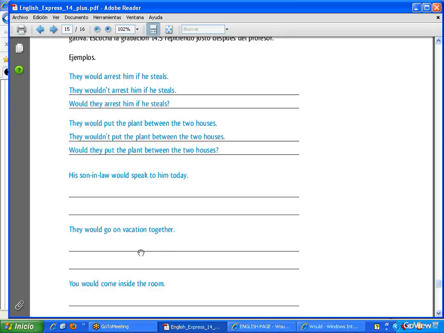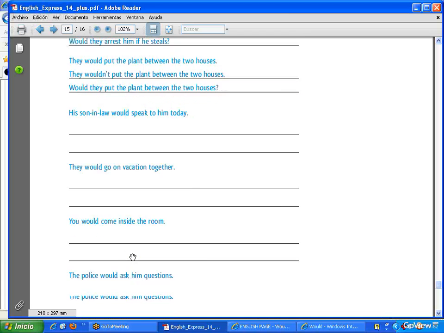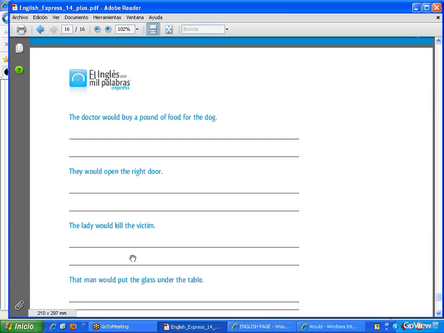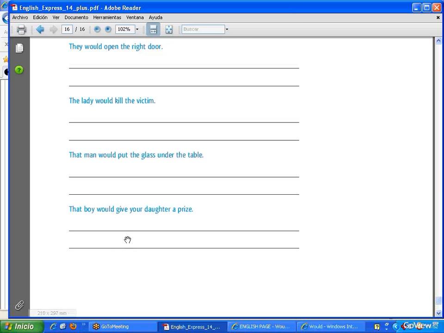Okay, so study the auxiliary modal verb would. At the same time, study the modal auxiliary verb will. And all the others. Could, can, should. Tener que is también like a modal verb, tener que. Okay, I have to go. Okay, or deber, should. You have a look at all the modal verbs, conditionals. Spend a long time doing this, okay?